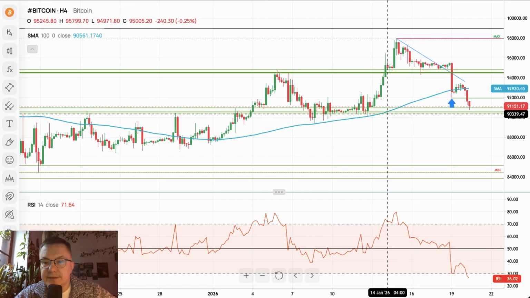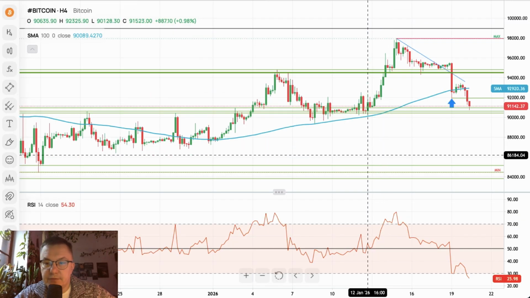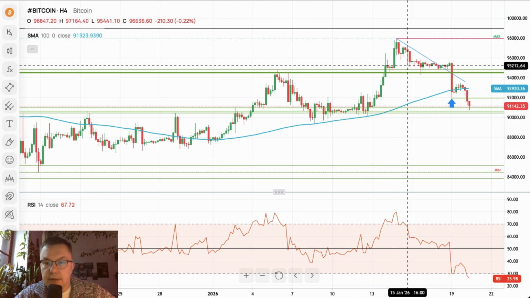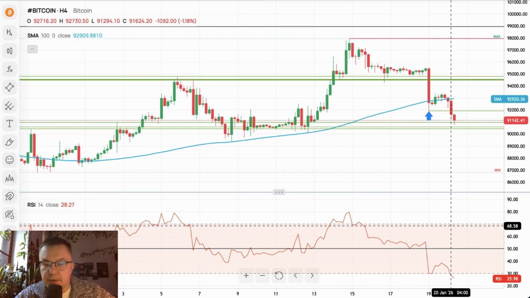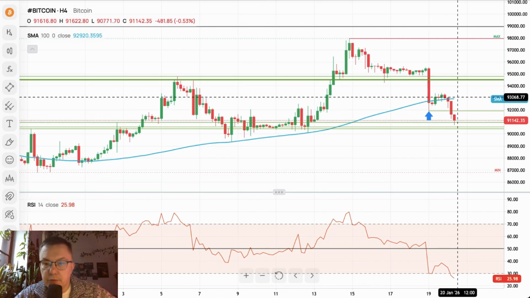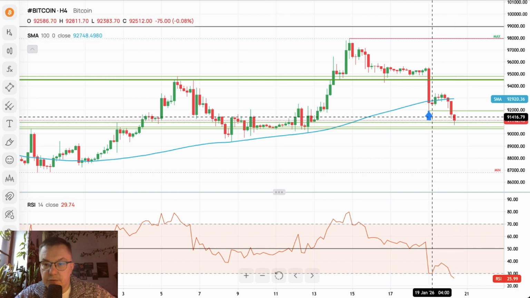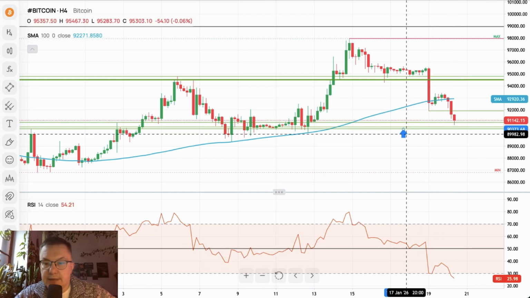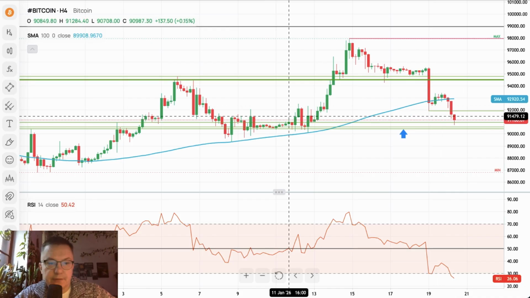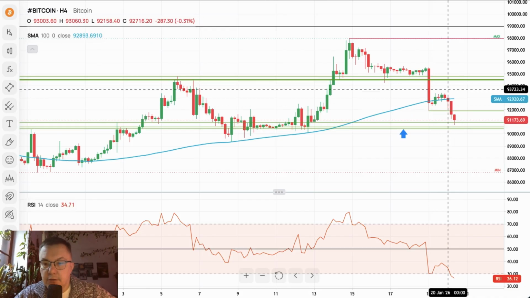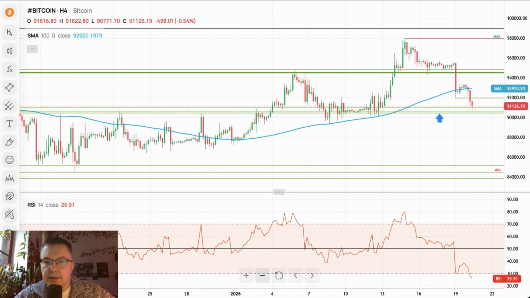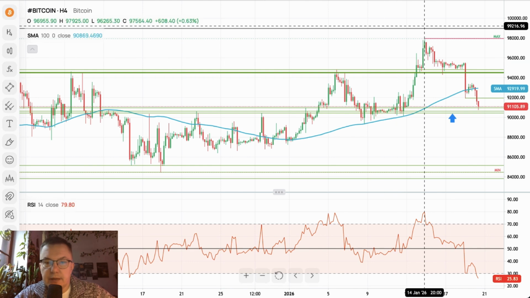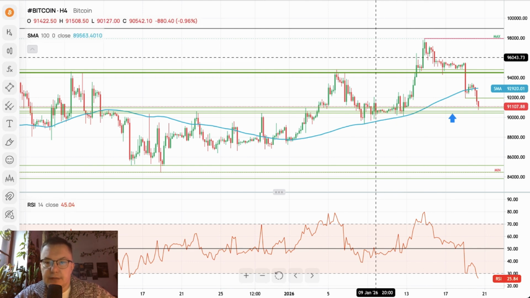And now the Bitcoin, as you can see on the 4-hour time frame chart, Bitcoin keeps falling lower as there is a massive sell-off of the Bitcoin. Nothing happens, even despite the fact that we hit extremely oversold conditions. Yesterday's pullback to around the 100 periods moving average was too small in price and time to consider it super effective. So right now we broke below yesterday's low. Local low is 90,771, and it looks like the market wants to go back to the sub 90,000 levels after failure to break back above the level of 100,000.